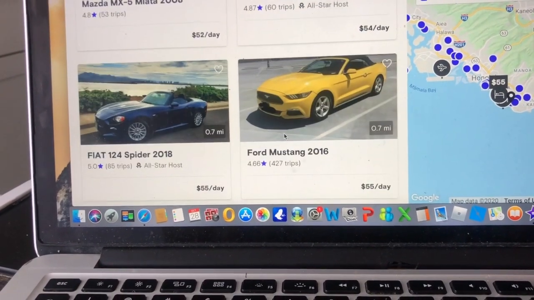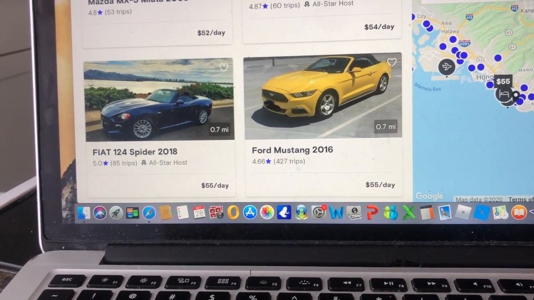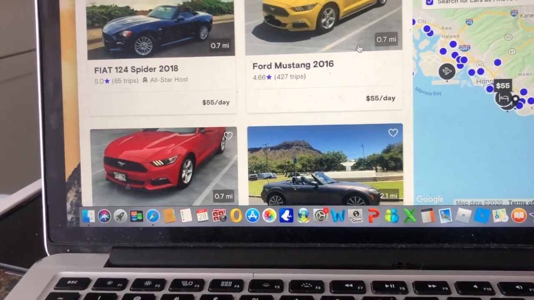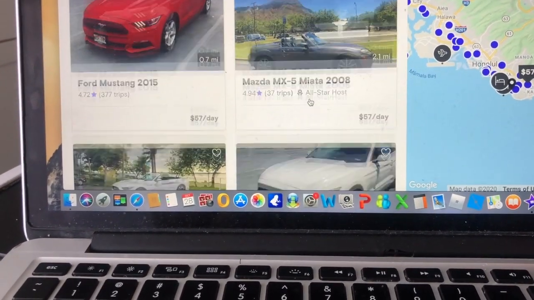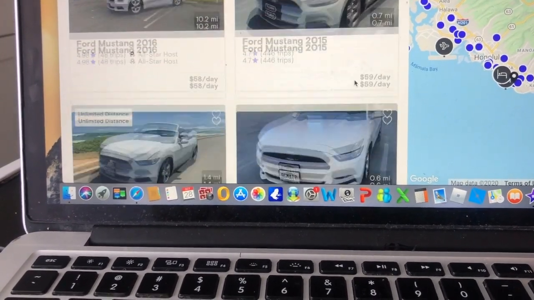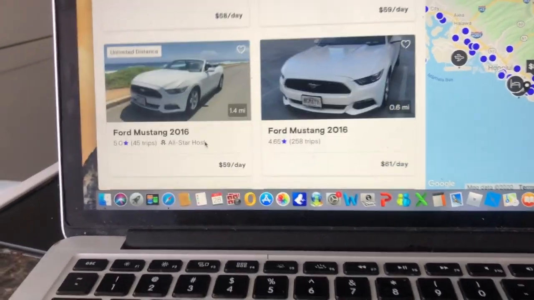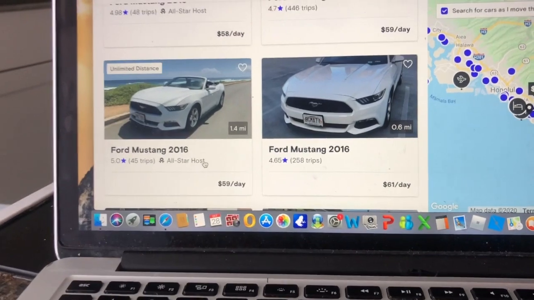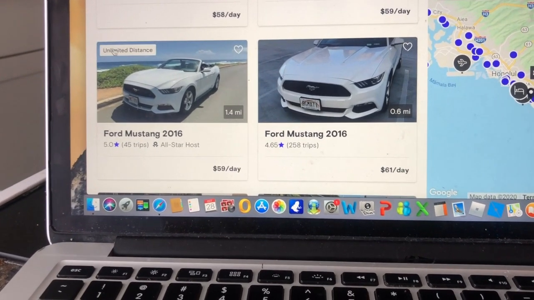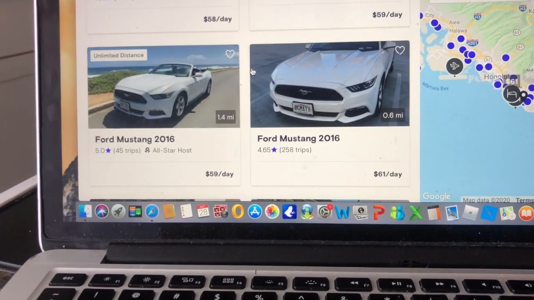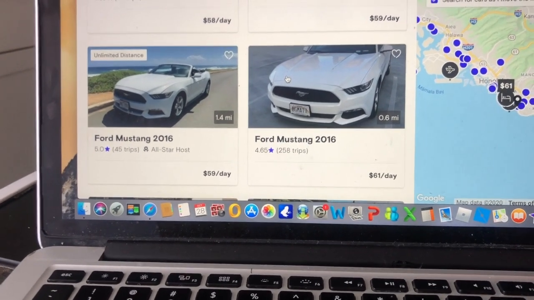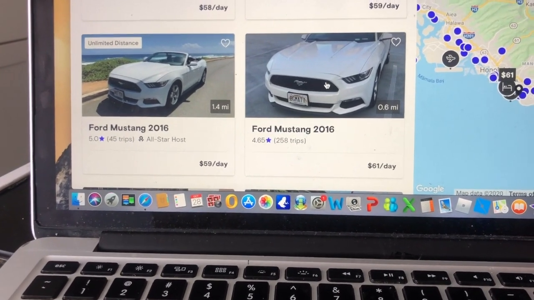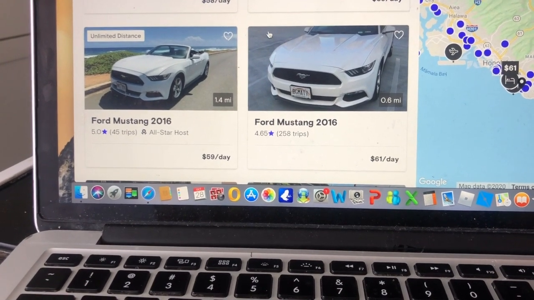So for me, I believe $55, that's for my cheapest car, is about what it should be. My next one is $57, and you see that nothing's even close. This is $59. Okay, there's one here, a 2016 Mustang. This is not mine. This is $59, and it has unlimited distance. At this point, I don't have a distance limit. I probably should now with the 200-mile minimum. It really doesn't matter. I should just put it on there so people will see that,